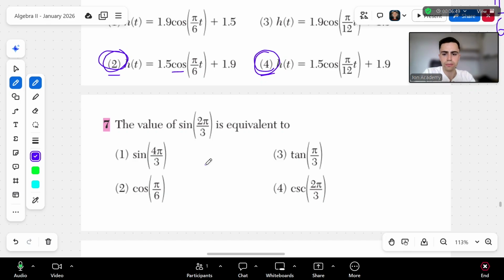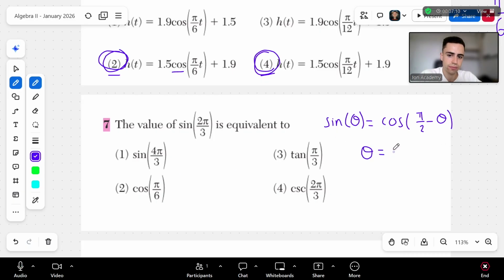Now we can jump into number 7. Here we are given sine of 2 pi thirds is equivalent to, well, here we have to remember there is a property: the sine of theta, any angle theta, is equal to the cosine of pi half minus theta. So if our theta in this case is 2 pi thirds, then we have pi half minus 2 pi thirds,